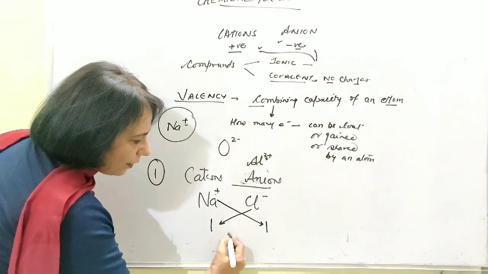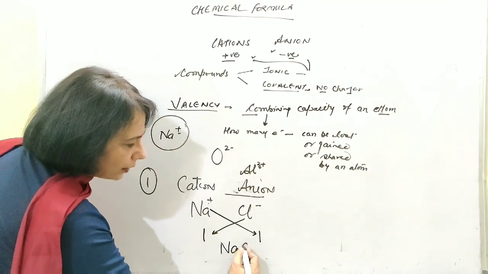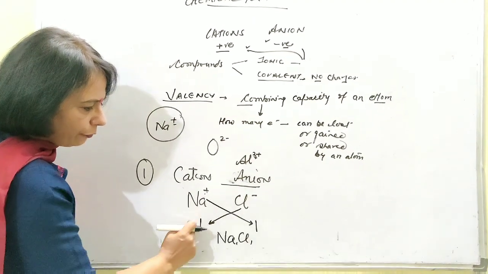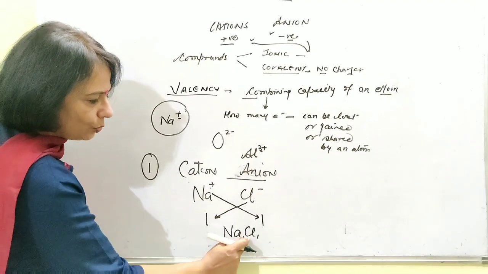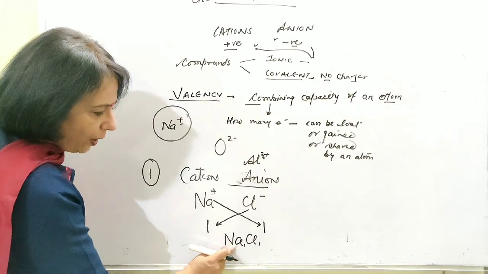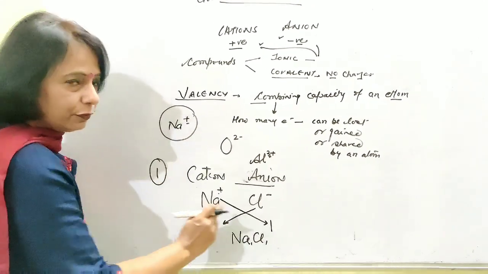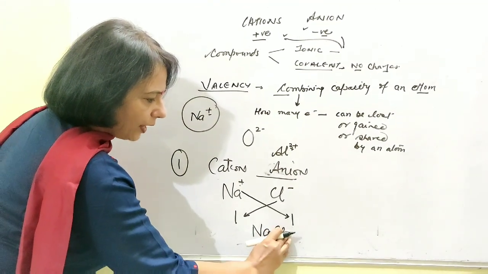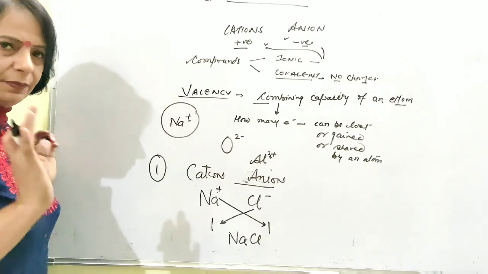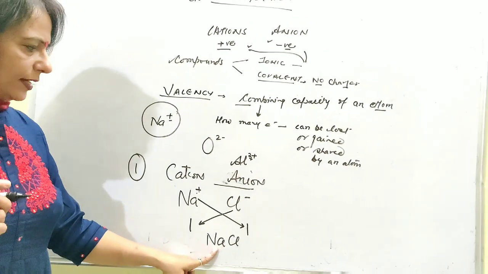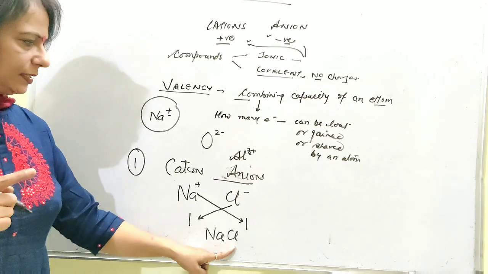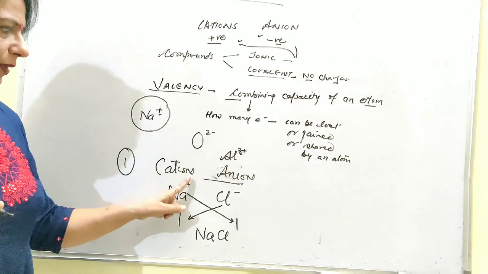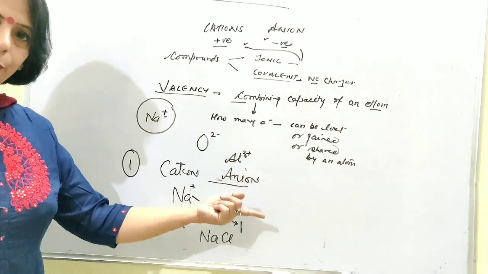Then what happens? You have to write down Na1Cl1. That means in the formation of this particular compound, that is sodium chloride, 1 atom of sodium and 1 atom of chlorine are participating. Because when it is 1 we need not write it; if nothing is written, it is very clear that it is 1. So 1 atom of sodium and 1 atom of chlorine are participating in the formation of this formula. This is the case when the valencies were the same. Both of them were monovalent.